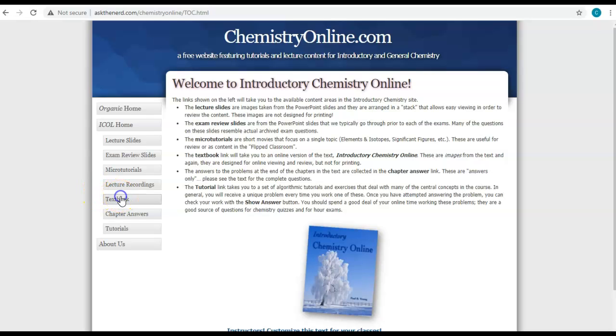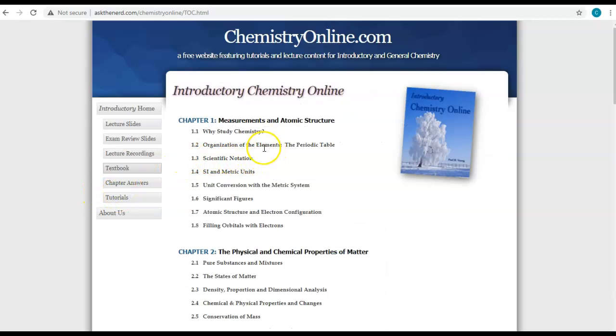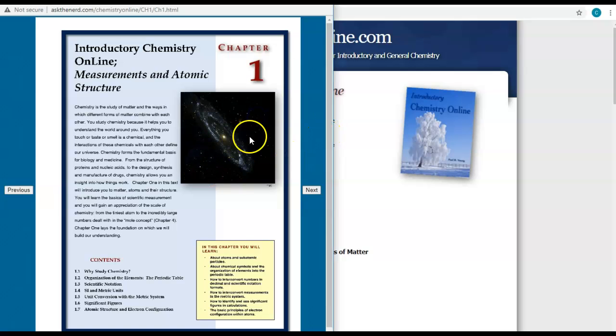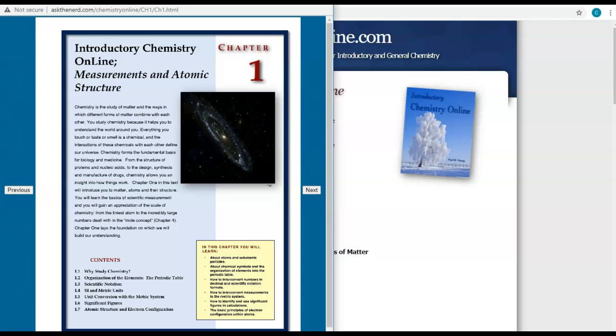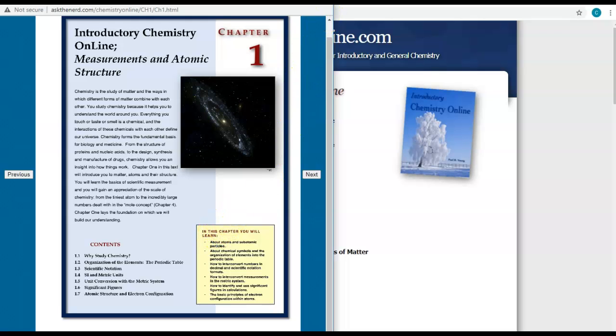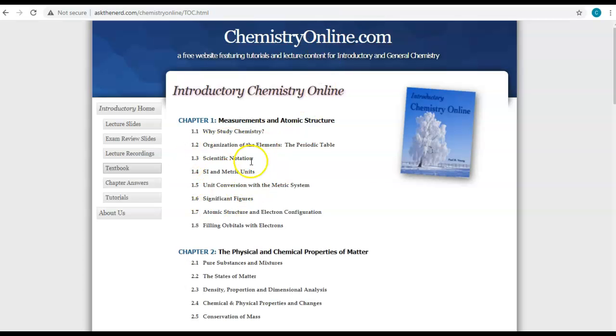Because when you click on textbook and you click on a chapter, this is what comes up, and it doesn't matter if you try to maximize it. It doesn't really make it that much bigger. So maximizing it is not going to make it any bigger, and so students complained that it was hard to read. So that's why this is now textbook B, and we use the other book primarily. But it's got a lot of great